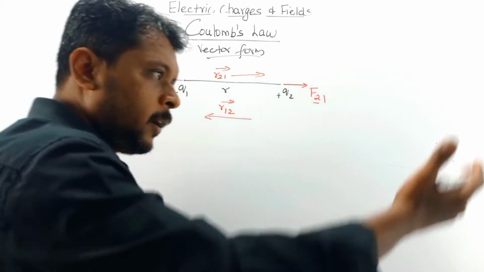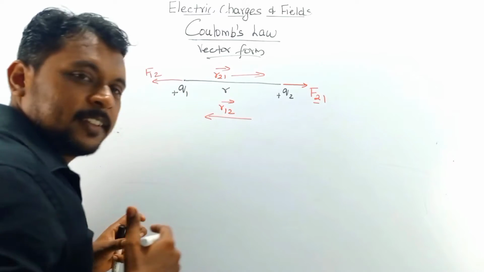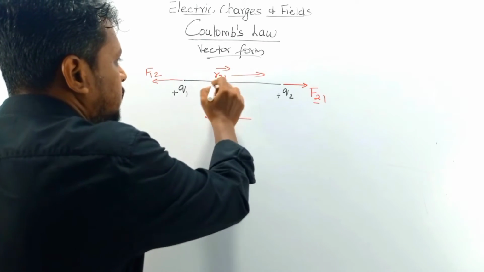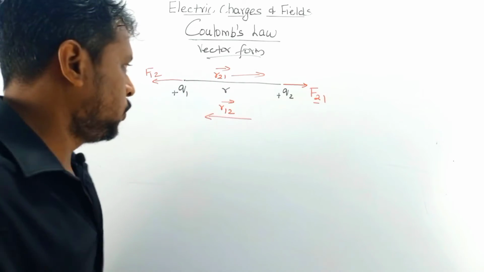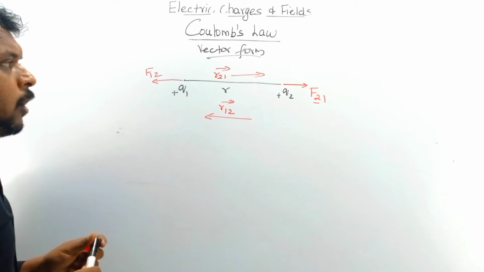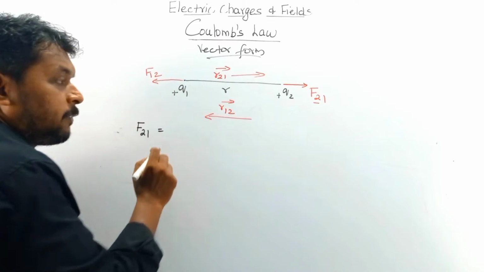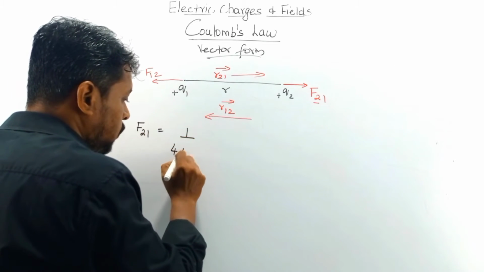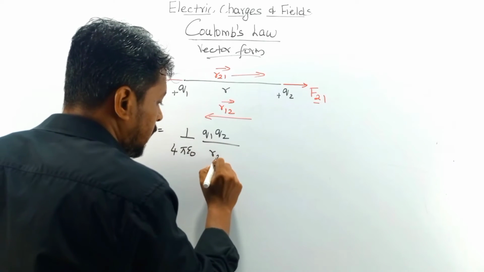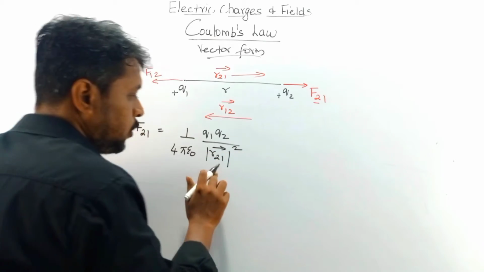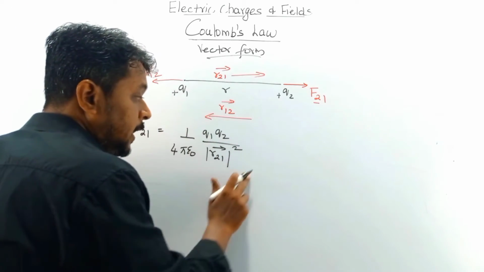For example, you are hitting a person nearby with a ball. When you throw the ball, we see the distance of the force like this. This is represented like this. R21 and R12. Okay. So now what is the magnitude? How will you represent the total force? First I will represent F21. F21 is represented as 1 by 4 pi epsilon naught, the magnitude of the force, Q1 Q2 by the modulus of the R21 vector squared, because it should be in positive form. So R21 squared.